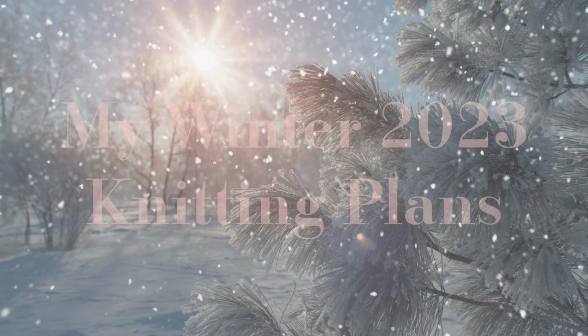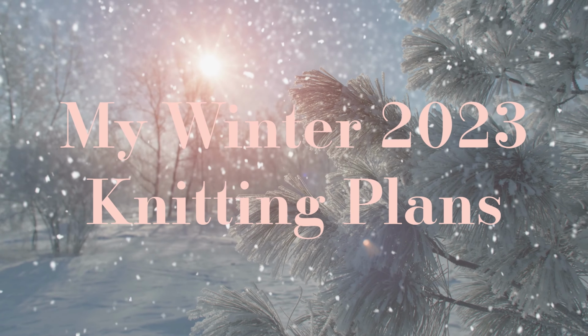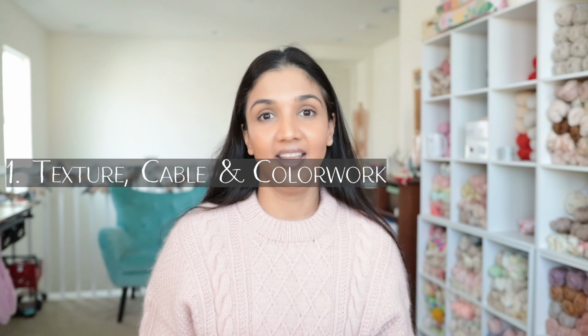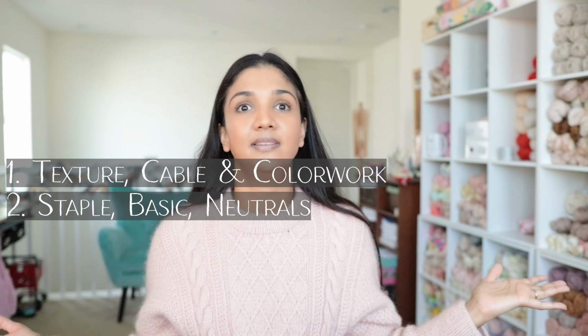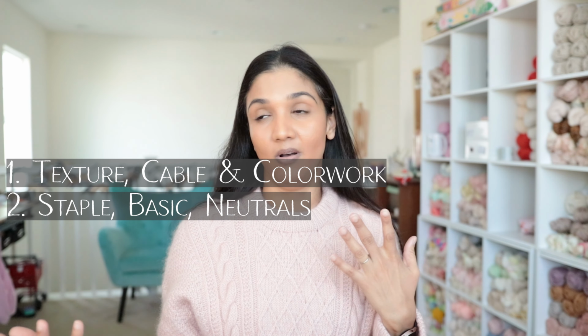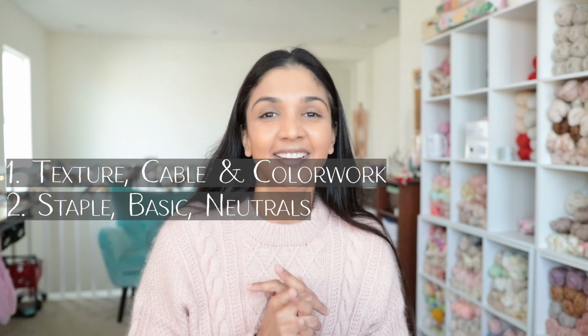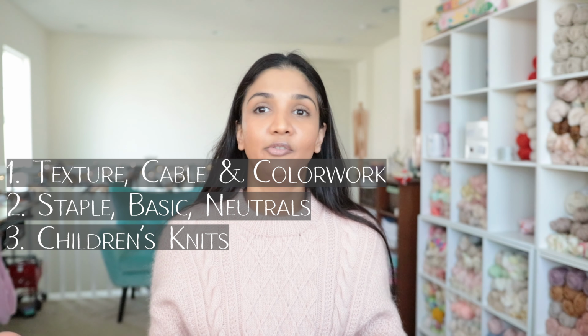Let's get into it. So I have 10 specific patterns today that I would like to talk about, and I want to categorize them into 3 different categories. The first category is texture, cables, and color work. The second category is staple pieces, so basic staple pieces and neutral garments, but not necessarily all of them will be neutral, if that makes sense. And then the third category is children's knits,